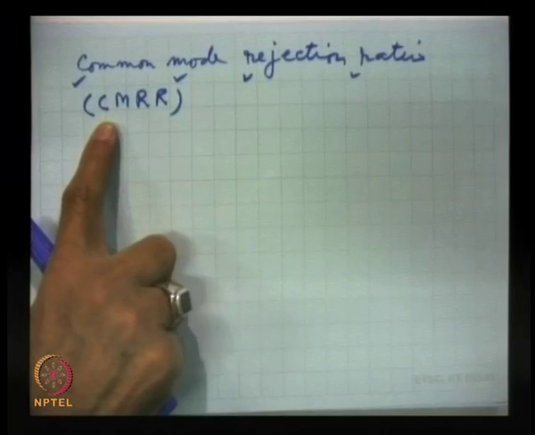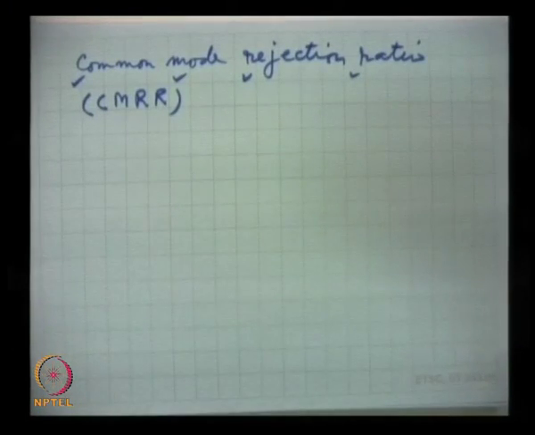So, this property of the differential amplifier, to what degree it eliminates any signal which is common to both inputs, is measured by this ratio, common mode rejection ratio. I hope I have made the point clear. Common mode rejection ratio, CMRR, is a parameter which is a measure of the ability of the differential amplifier, which states to what extent the signal common to both inputs is absent in the output, and this is defined as